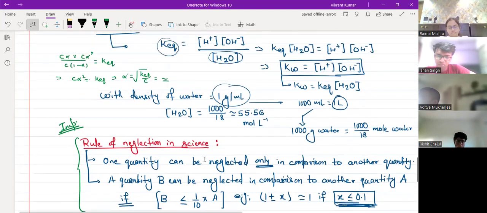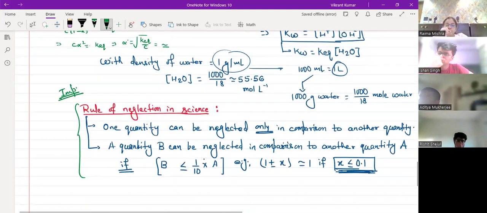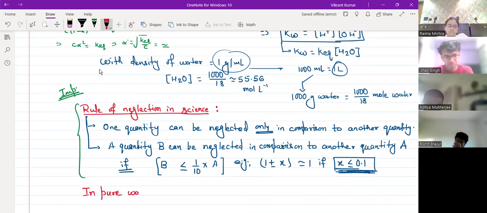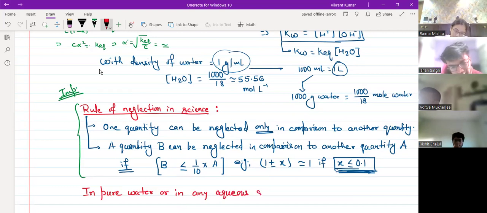नो, जैसा ऊपर मैंने सिखाया अभी कि पानी रहे, प्योर वाटर रहे, इन प्योर वाटर और इन एनी aqueous solution, because H2O गिविंग H plus and OH minus का इक्विलिब्रियम हमेशा ही फाइनली आ ही जाएगा. So that's why we'll always write this term कि Kw will be equal to H plus into OH minus.